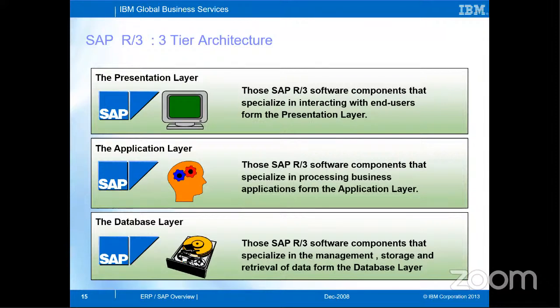But with S4 HANA's advancement, SAP also wanted to do a lot more in the other layers as well. So they proposed that if you are moving to S4 HANA, it means that HANA as a database should be there. That's the bottommost layer. HANA will be the only database that one could use. On top of that, you have a lot of innovations on the application and the presentation layer. Of course, the presentation layer is not something that SAP is proprietary about.